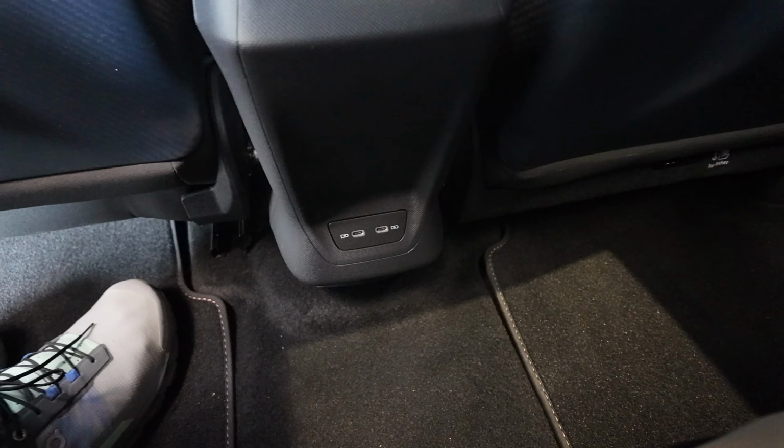So let's get started. Stylistically, you won't notice much of a difference between this and the regular Born that's already on the market, but the first thing you will notice is the colour in this gorgeous green, Emerald Forest, or some kind of forest name they have on it. And then you also have different alloys on the VZ version, 20 and 21 inches. You have your traditional Born front with your beautiful CUPRA badging, your CUPRA lettering underneath, and then that real aggressive, these Born slits, diamonds, well, I'm not sure exactly what you call it, but the VZ